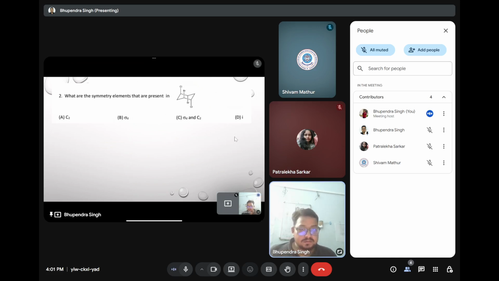So I will request Patlekha and Shivam to please solve this example. First, try to find the point group of this molecule. If you are not able to solve it, then I'll try to find the point group of this molecule. So for you, let me make